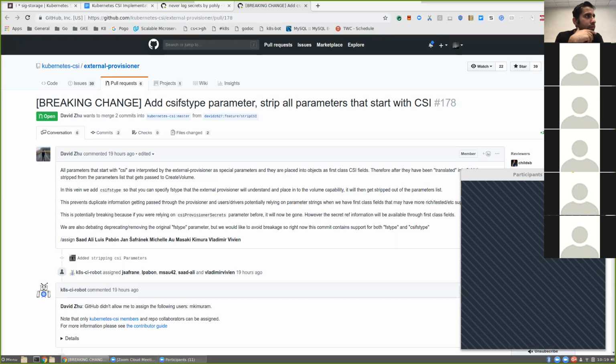But the objects are separate. If you have 1,000 storage classes, for example, all with the CSI secret, how would that change? Somebody needs to go ahead and change those. That's a fair point. If you're requiring them to change their storage class between a 0.3 and a 1.0 deployment, that is definitely on the user's cluster.